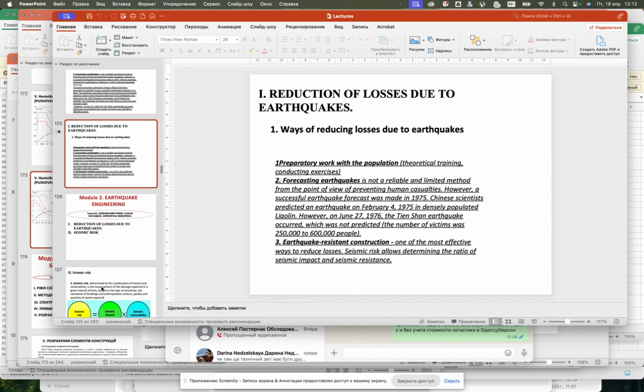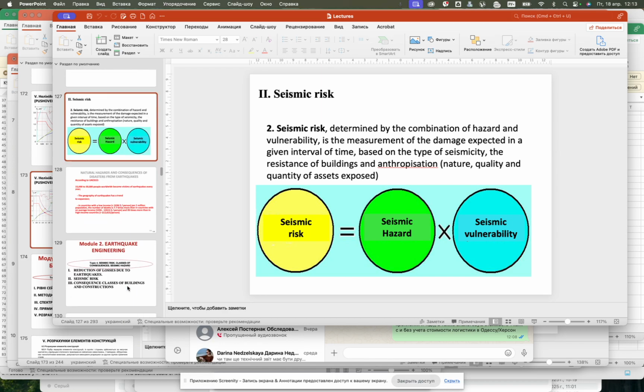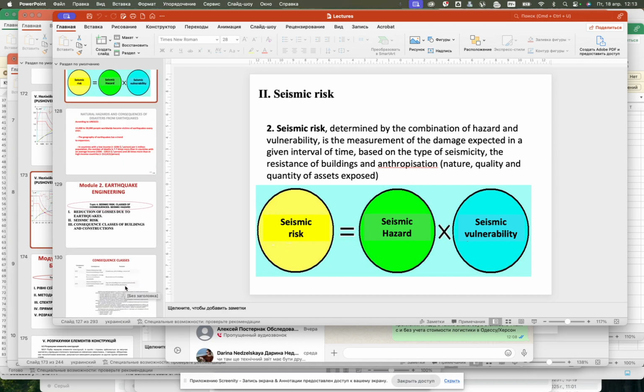So the next question that we have analyzed is seismic risk, and we know that seismic risk is the result of multiplication of seismic hazard by seismic vulnerability. And we already know that we have nothing to do with seismic hazard, because seismic hazard is input data for us, but seismic vulnerability is part of our work. So we, as future designers, will work with seismic vulnerability. But nevertheless, we had to analyze the